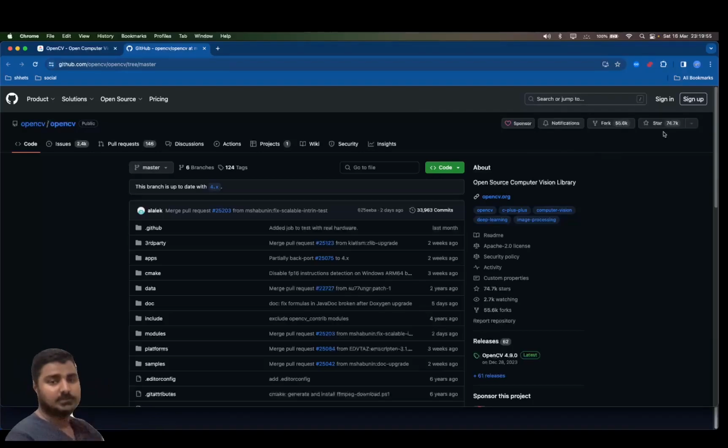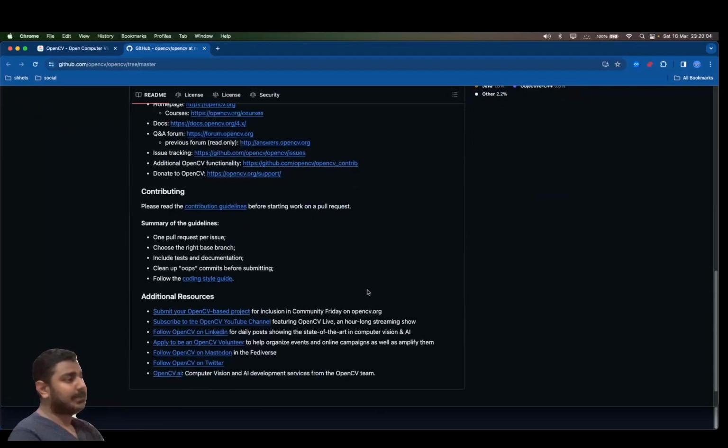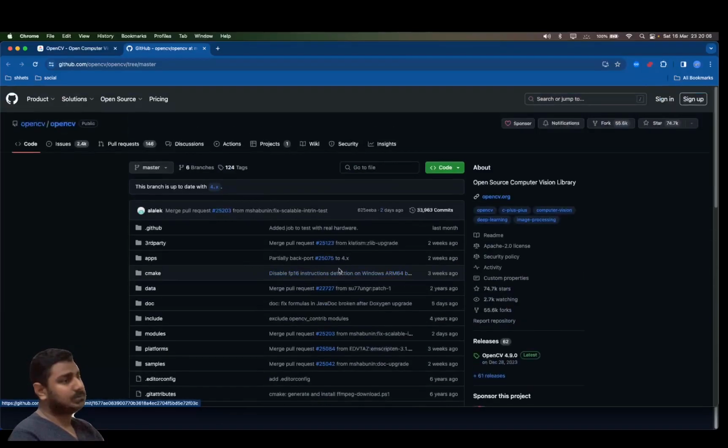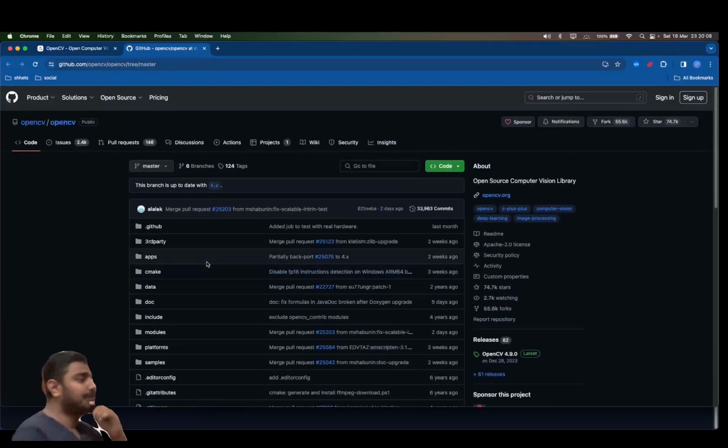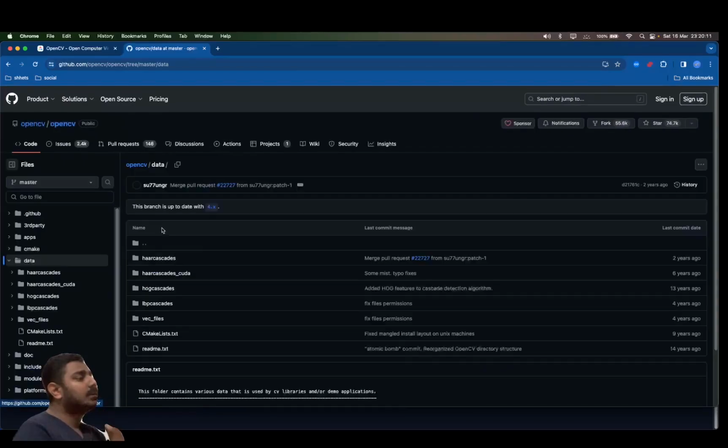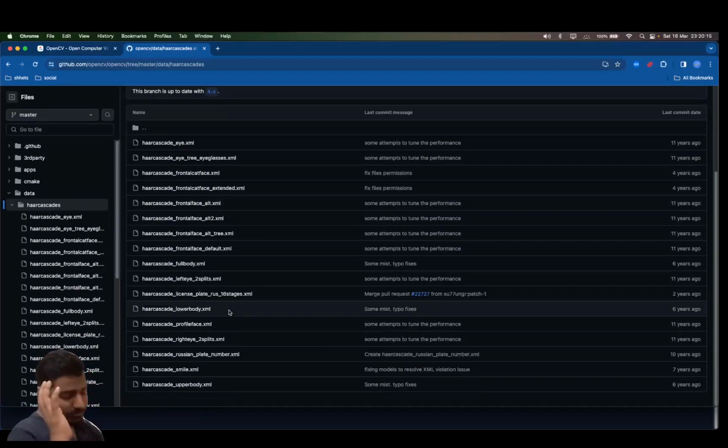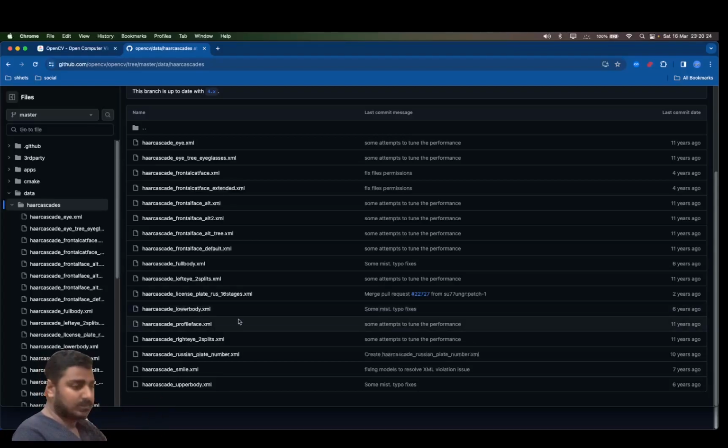You can see how much it has grown. It has 55.6k forks, which is quite large. And today I'm going to use the pre-trained data provided by OpenCV itself. I'm not going to use GPU. I'm going to use CPU to calculate the models, to use the pre-trained data and calculate